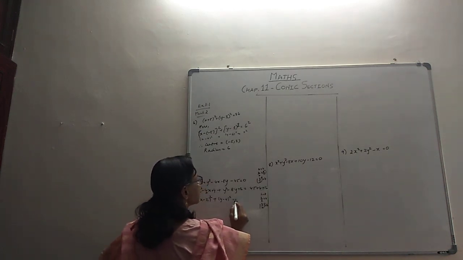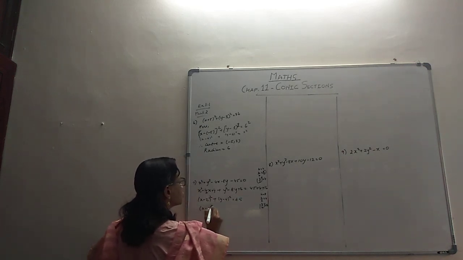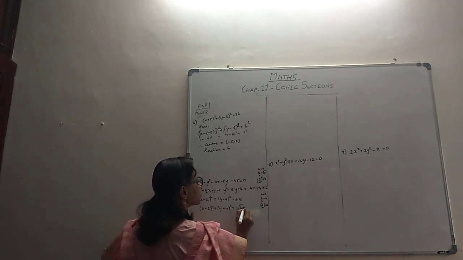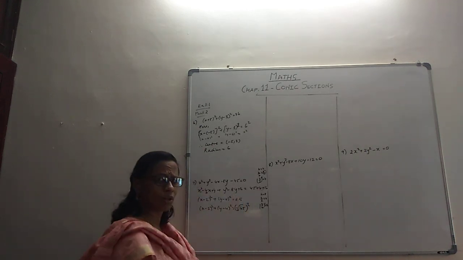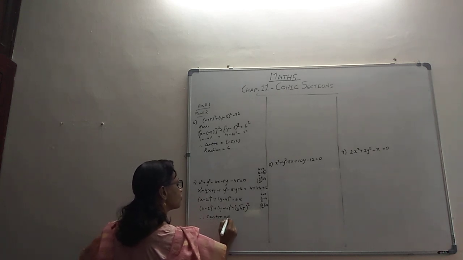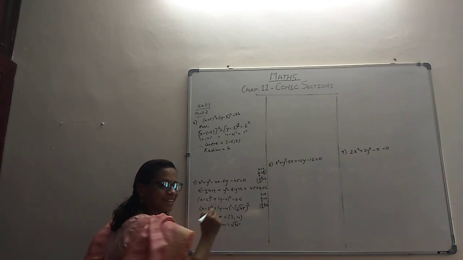And what all terms are here? 20, 65, right? So therefore this is like writing (x minus 2) the whole squared plus (y minus 4) the whole squared equal to (root 65) the whole squared. That's all. So we are done with the center and the radius. The center now for us is 2, 4 and the radius for us is root 65. That's about it, isn't it?